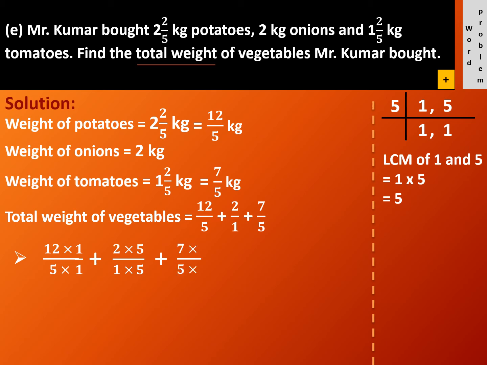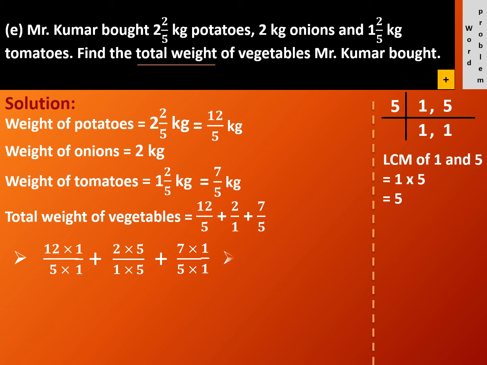And we want 5 at the place of the denominator. So which digit will you multiply to bring 5 in the denominator? Yes, the answer is 1 because 5 1s are 5. So we multiply numerator and denominator by the same number 1. Then do the multiplication. 12 1s are 12 and 5 1s are 5.